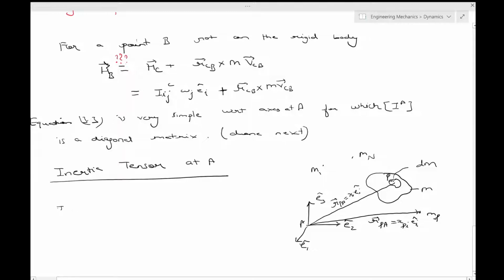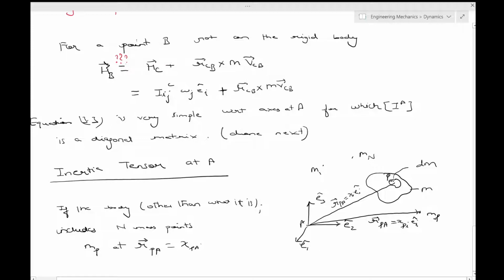If the body, other than having a mass m, includes n mass points mp at r_pA equal to small x_pi ei hat,